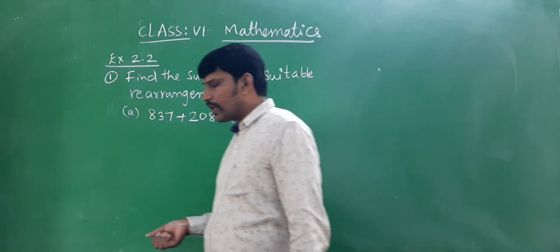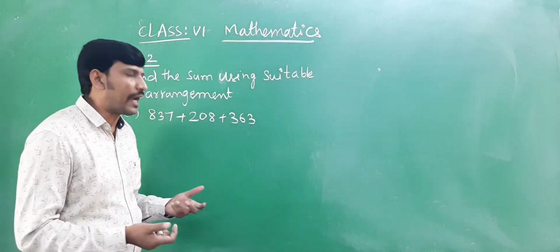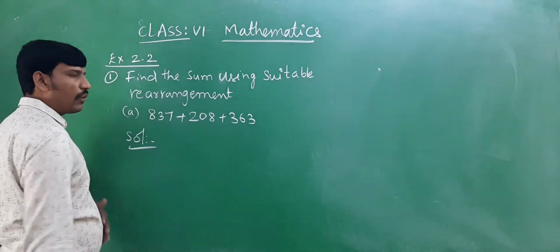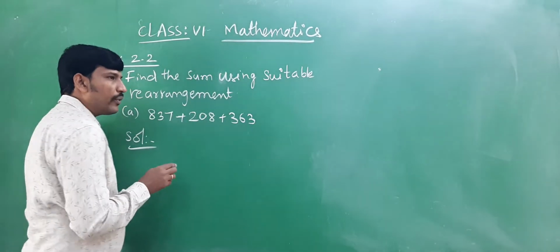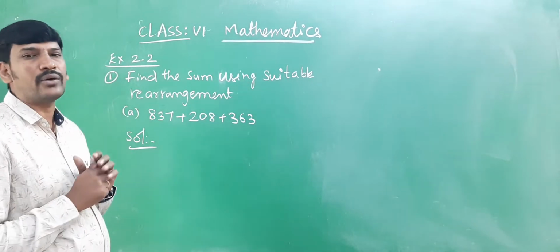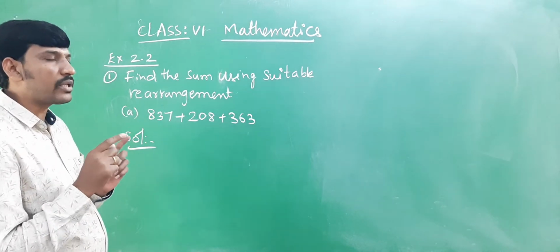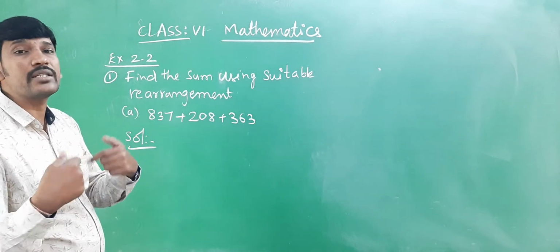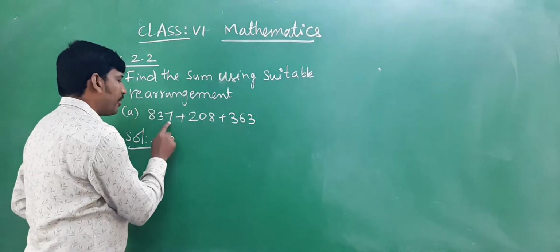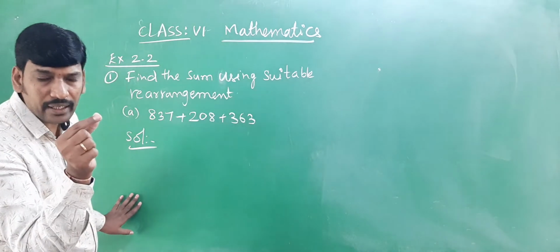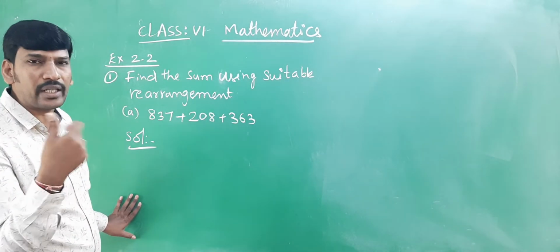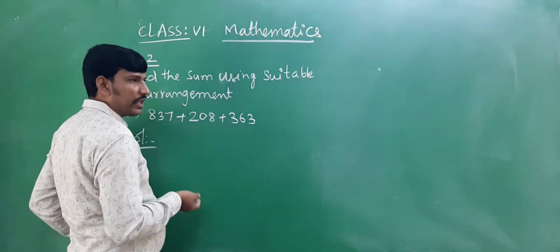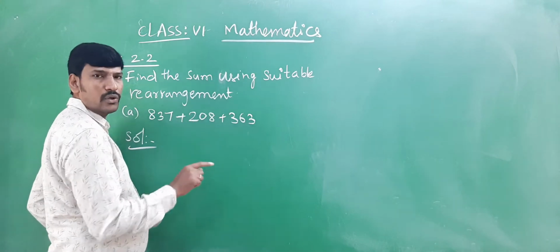Now see this here. Which two values are we going to rearrange? Whenever you want to rearrange the values, see which two values in the ones place give 0 by adding, subtracting or multiplying. Here, 7 plus 8 is 15, so you don't get 0 in the ones place. You should get 10, 20, 30, 40, meaning 0 in the ones place. So by adding these two, no use.